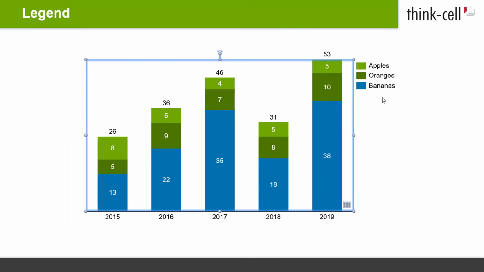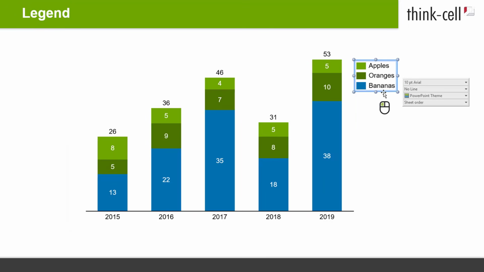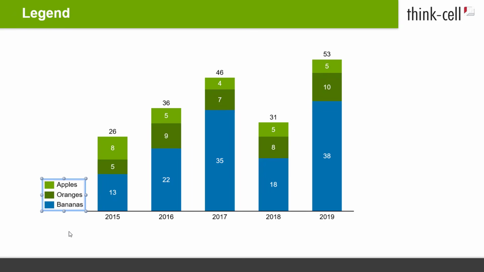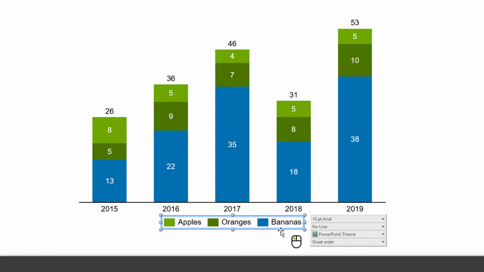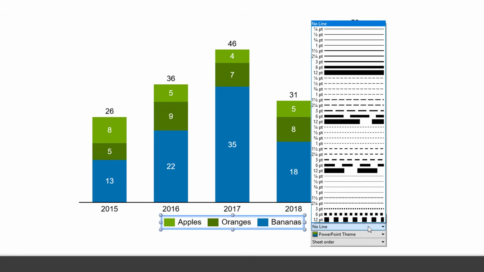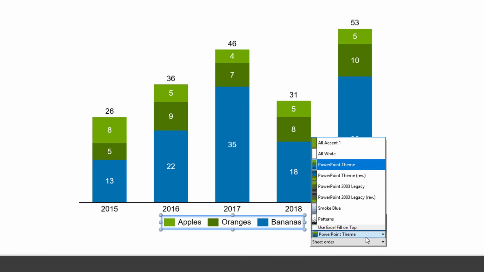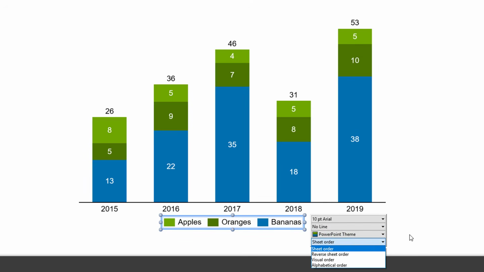If you want to change the position of the legend, click on the frame that appears when you hover over it, then drag it to your preferred position, and release. Drag one of the handles to change the size of the frame, for example, to create a horizontal legend, and release. You can also format and style the legend by left-clicking on its frame. The floating toolbar opens and you can edit the font and font size, legend outline, color scheme, and order of the legend items via the respective control box.